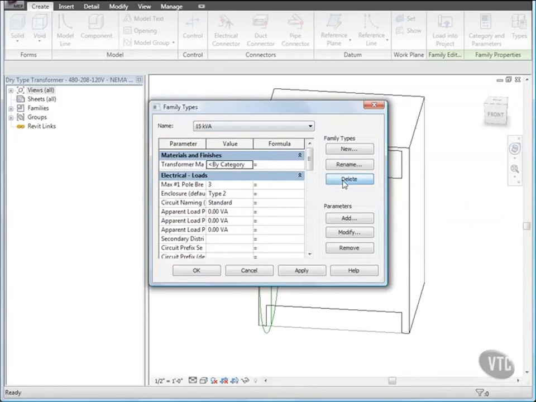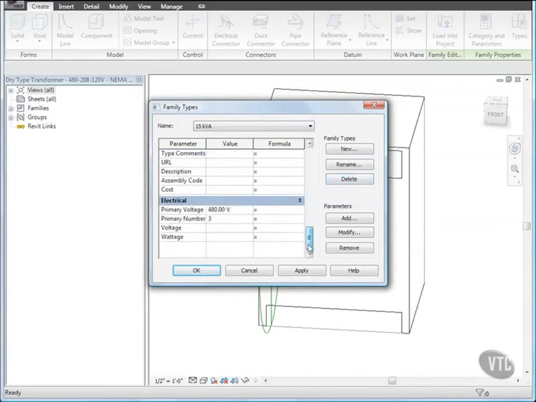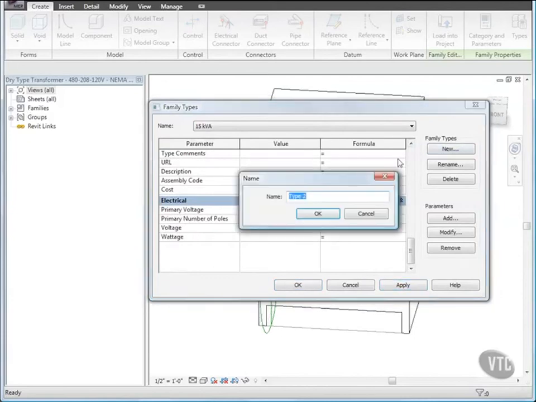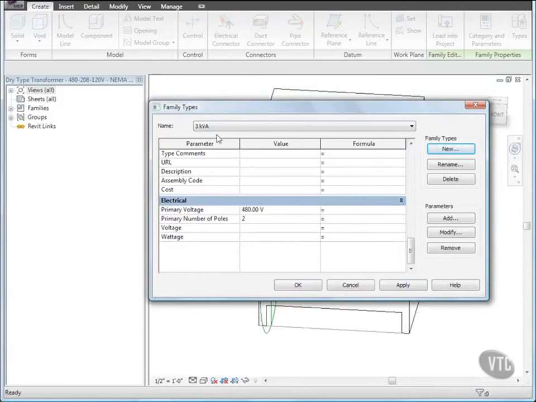Then, under Electrical, for primary number of poles, enter 2, and then click Apply. Then under Family Types, click New, and for name, type 3 kVA, and click OK. For that new family type, under Dimensions,